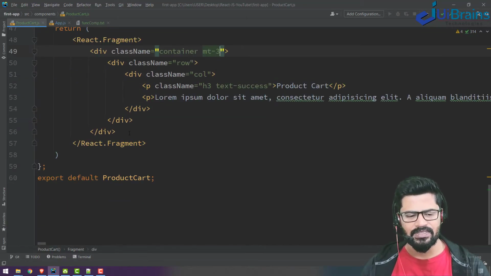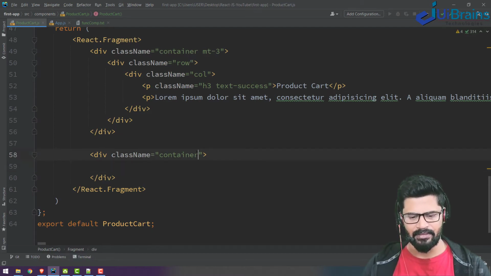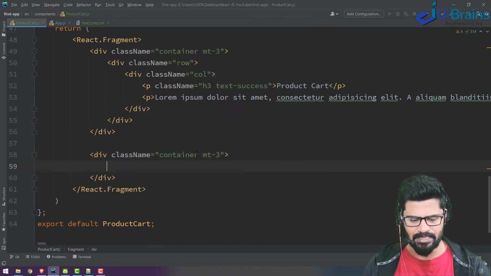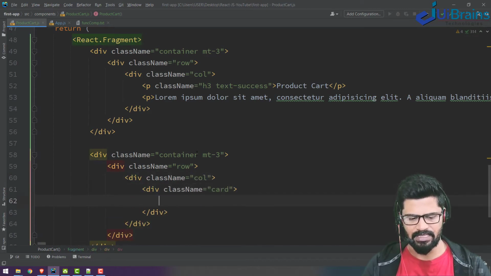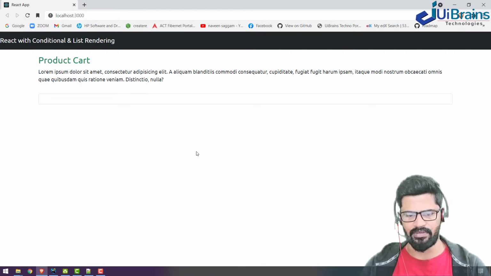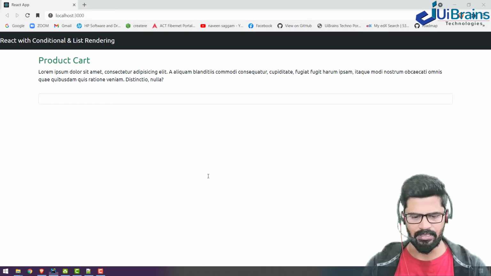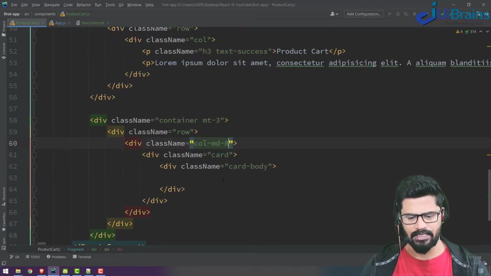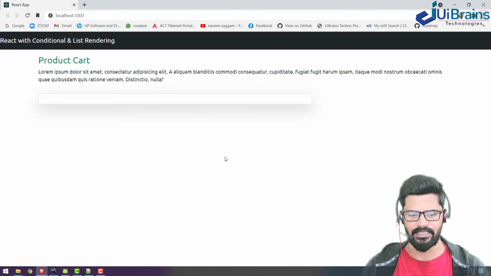Okay, so I'll do it like this: one container, margin top 3, and one row, single column, and that one card body. So I have a huge card body, or else let's say col-md-8 column. Okay, and let's take some shadow-lg. Fine.